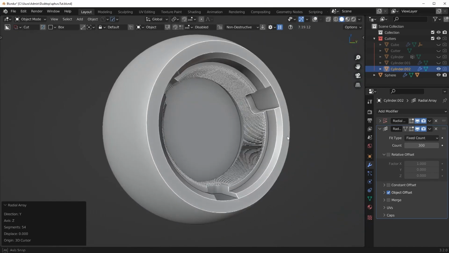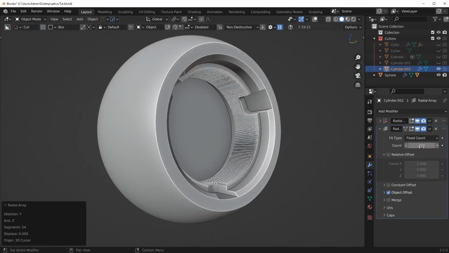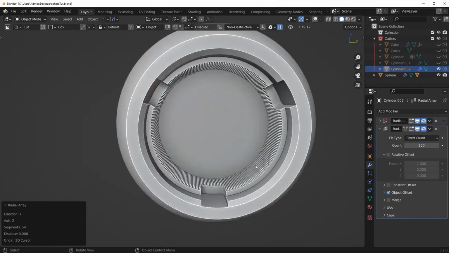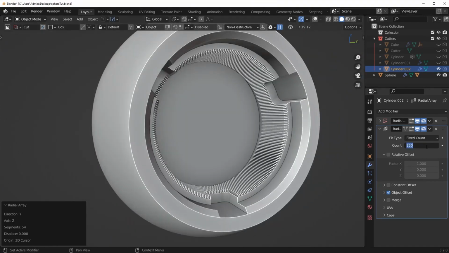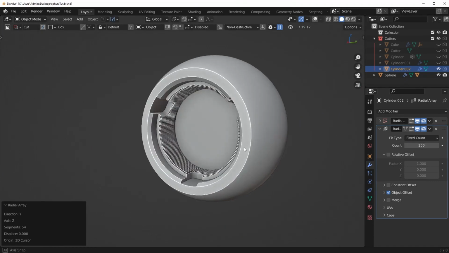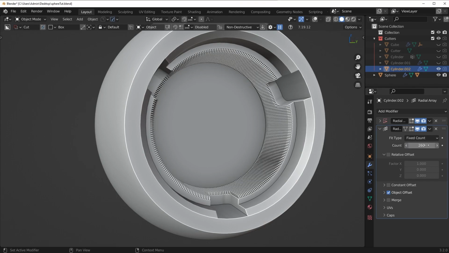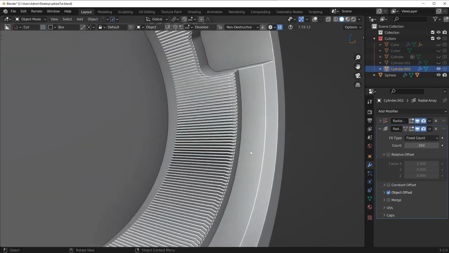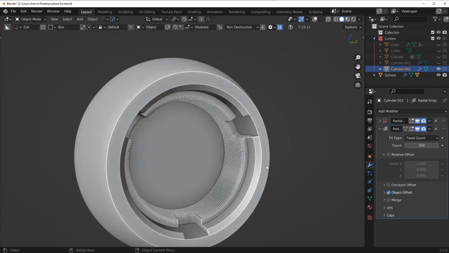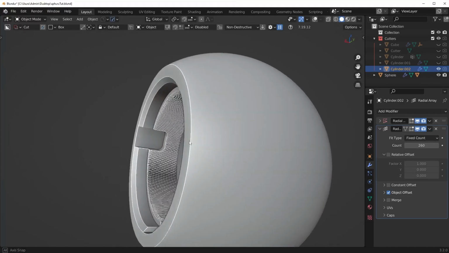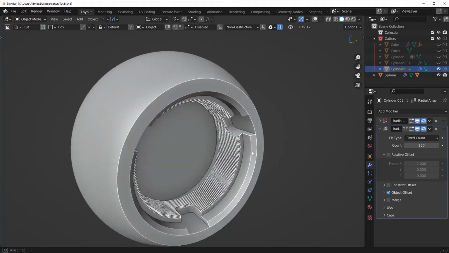I think that looks pretty cool actually, a little bit trippy almost. But that's kind of up to you to play with. I think maybe, I don't know, let's see what 200 looks like. I'm going to go with 260, give it a little bit more than I had before. I think that'll be good enough. But now we kind of have this cool looking little effect cutting through the mesh here,